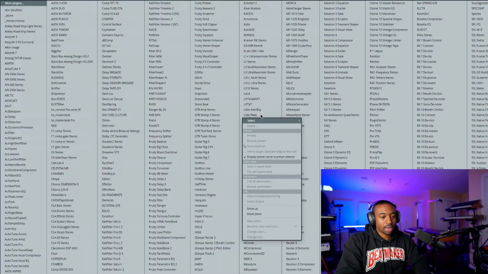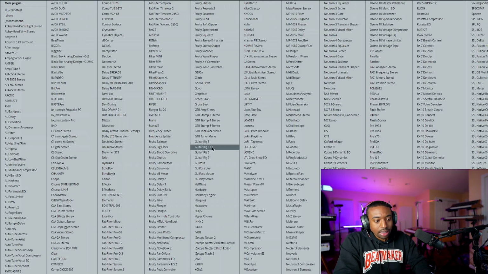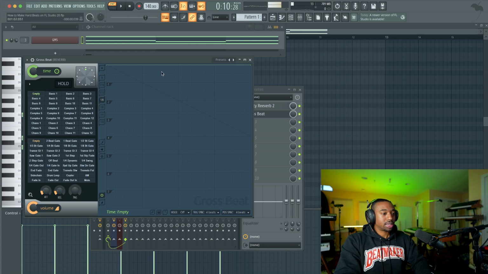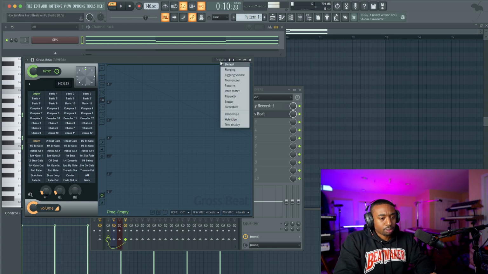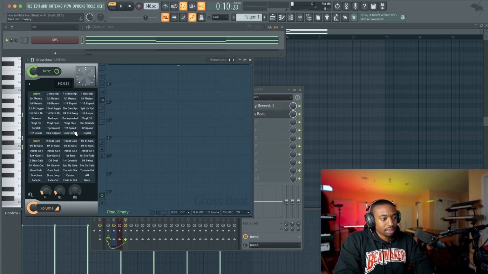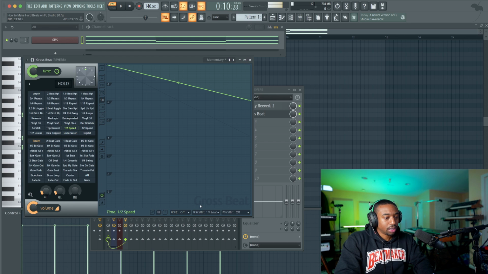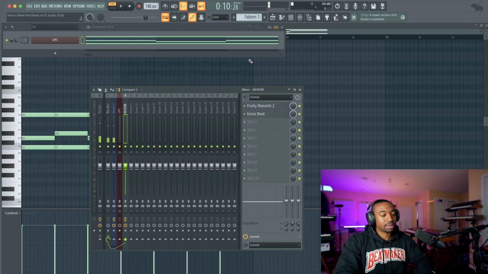Okay. Next, we're going to add the plugin called Gross Beat. In Gross Beat, what we can do is actually add halftime. So we're essentially reverbing a sound, but then slowing it down through halftime. Let's go to presets. We're going to go to momentary and go to half speed here. For further things, go to trig sync, go to 4 beats, post sync, go to 4 beats, so that when you hit play and stop, it won't go out of sync.